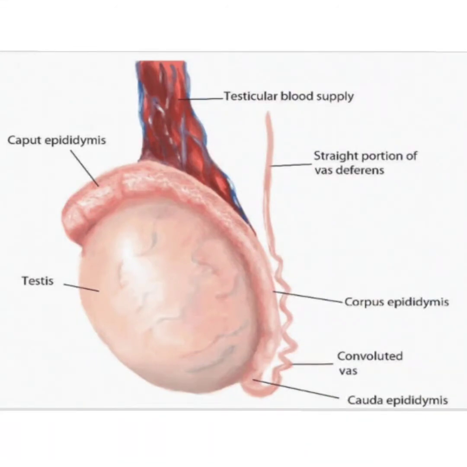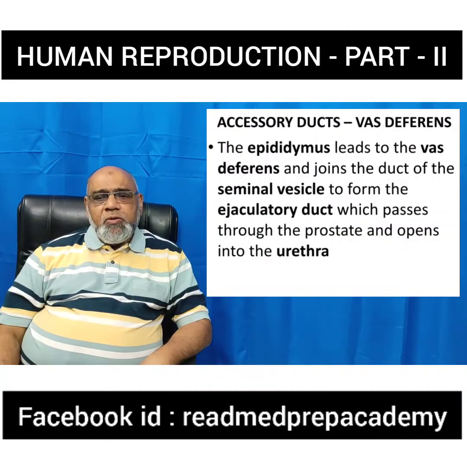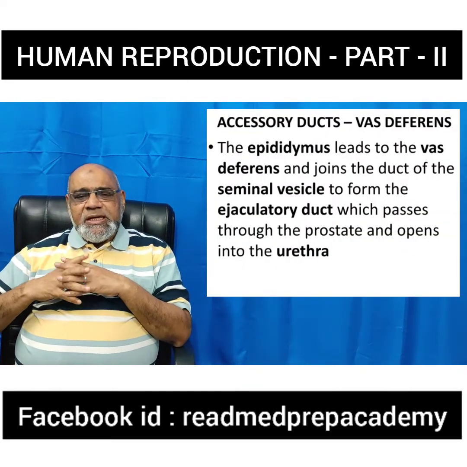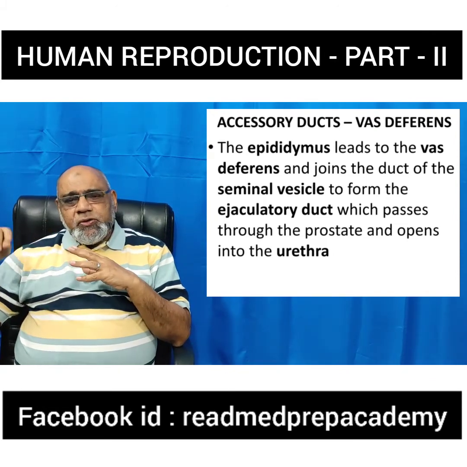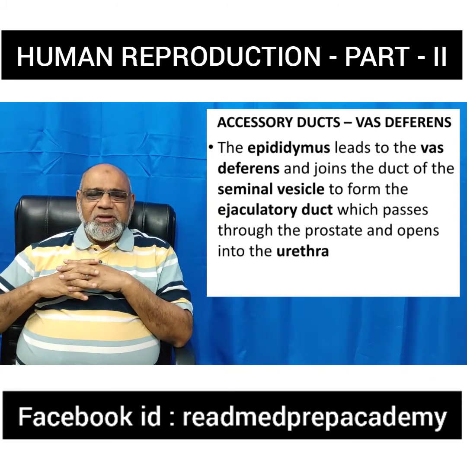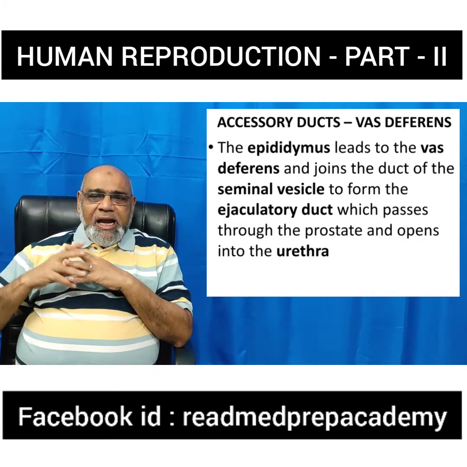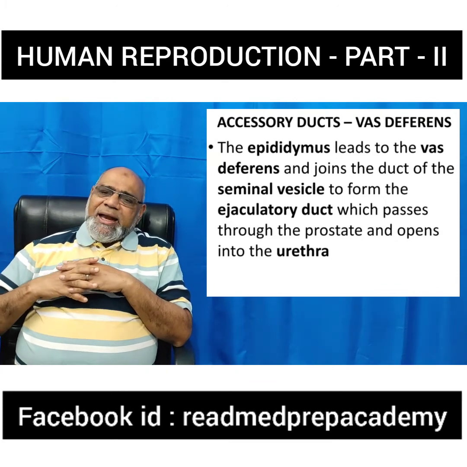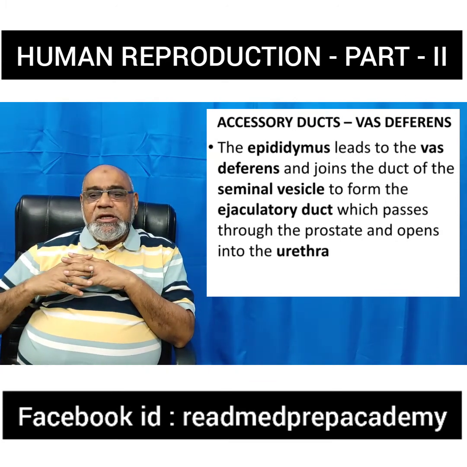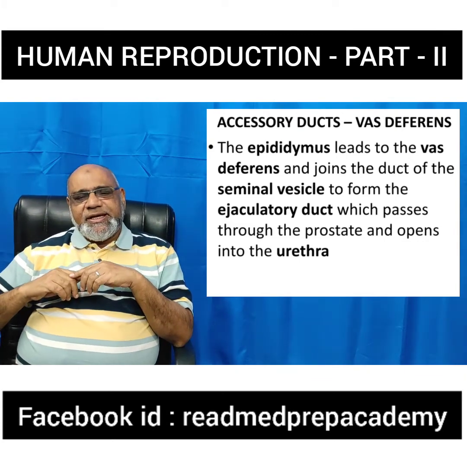The upper part is called the caput epididymis, the lowest part is called the cauda epididymis, which continues as the vas deferens, and the central part is called the corpus epididymis or the body. Now, what is vas deferens? The epididymis leads to the vas deferens, which initially is highly convoluted, later it becomes straight, and this vas deferens joins the duct of the seminal vesicle,